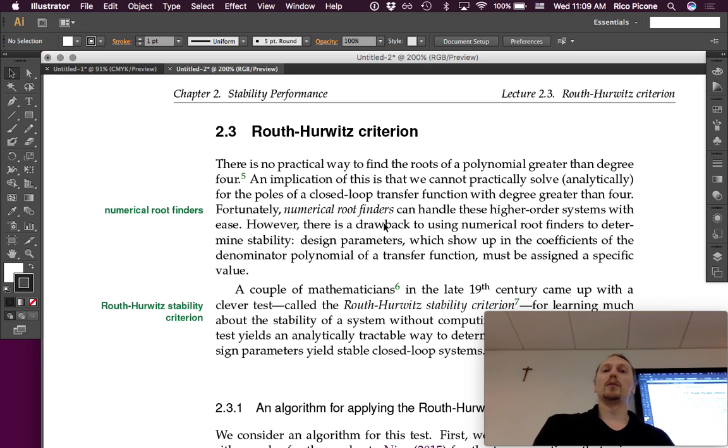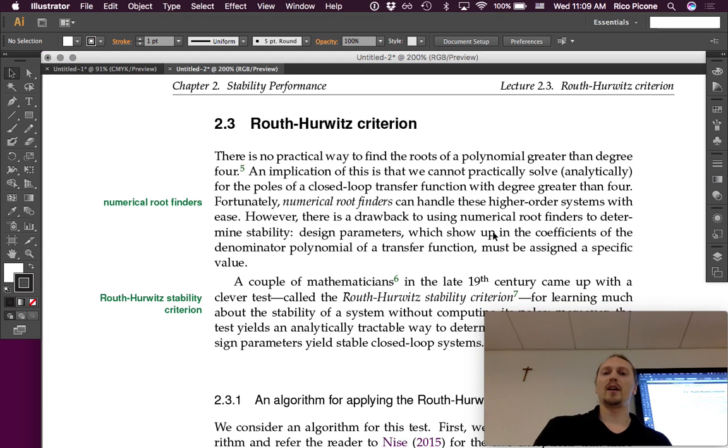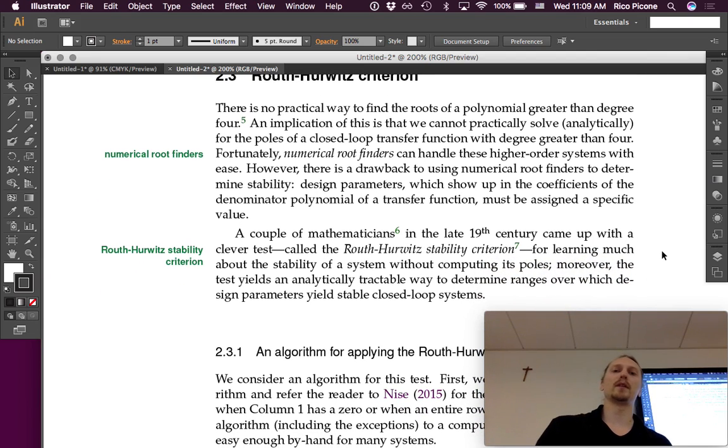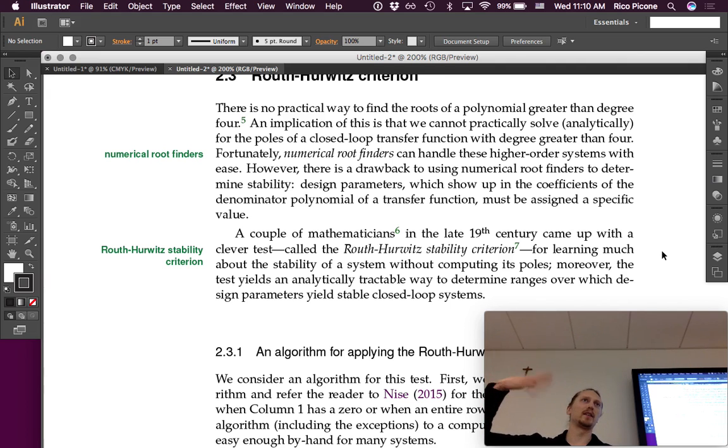Fortunately, numerical root finders can handle these higher order systems with ease. Okay, it's not an issue. You can do it in MATLAB quite easily. However, there is a drawback to using numerical root finders to determine stability. Design parameters, which show up in the coefficients of the denominator polynomial of a transfer function, must be assigned a specific value. We don't want to do that when we're doing design. We want to be able to hold those parameters around and then tweak them at the end and see how it affects